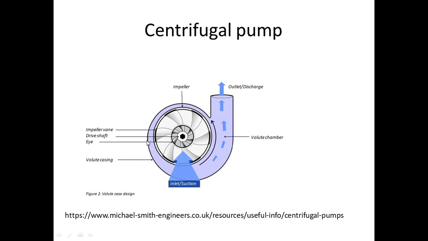Then it comes outside to the diffuser, where it has the guide vanes. They only guide the fluid motion. Fluid pressure is also increased after the impeller through the volute shape of the centrifugal pump. It can be seen that here it is the less area, and as the fluid moves forward, the area increases. Because of that, pressure is increased. In this way, the centrifugal pump works.